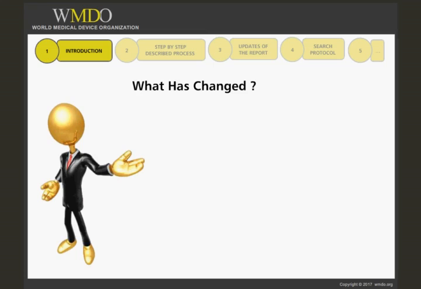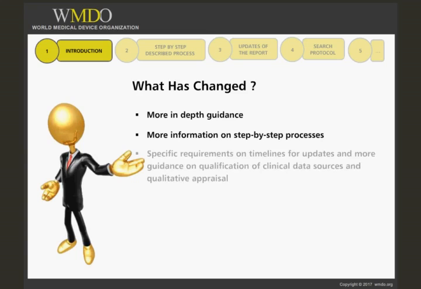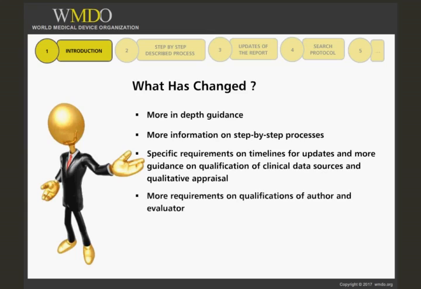There, where the principles remain the same from Revision 3 and the directives, this Revision 4 mainly goes more in depth on several aspects and outlines a more step-by-step approach on the process of a clinical evaluation. The document now outlines specific minimum requirements for updating a clinical evaluation report. There are more extensive requirements on the qualifications of both author and reviewer, as well as requirements for declaring conflict